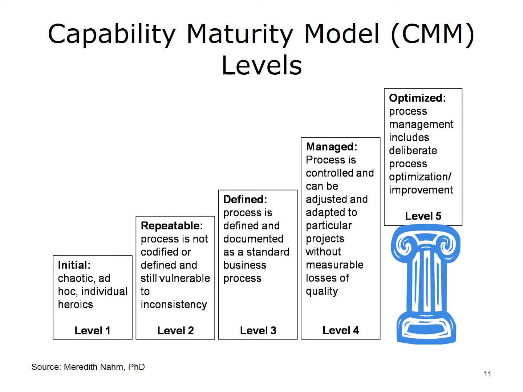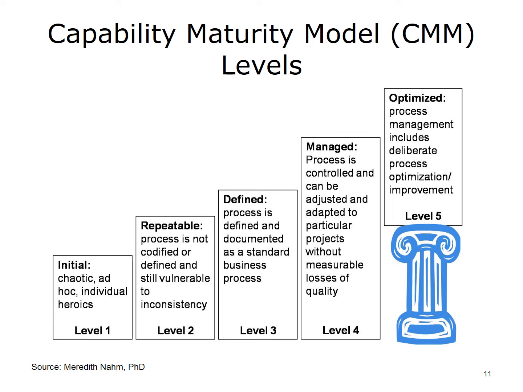These standard processes are in place, i.e., they are the as-is processes and used to establish consistency of process performance across the organization. Level 4, Managed. It is characteristic of processes at this level that using process metrics, management can effectively control the as-is process. For example, for software development. In particular, management can identify ways to adjust and adapt the process to particular projects without measurable losses of quality or deviations from specifications. Process capability is established from this level.